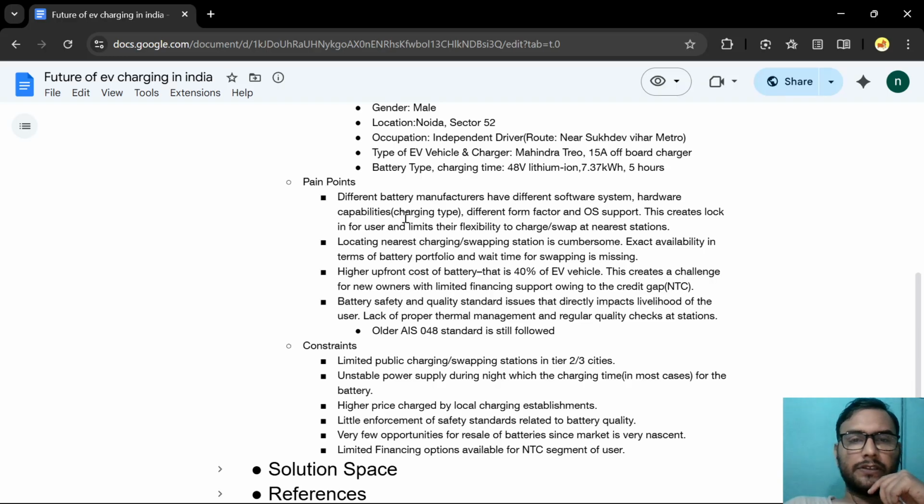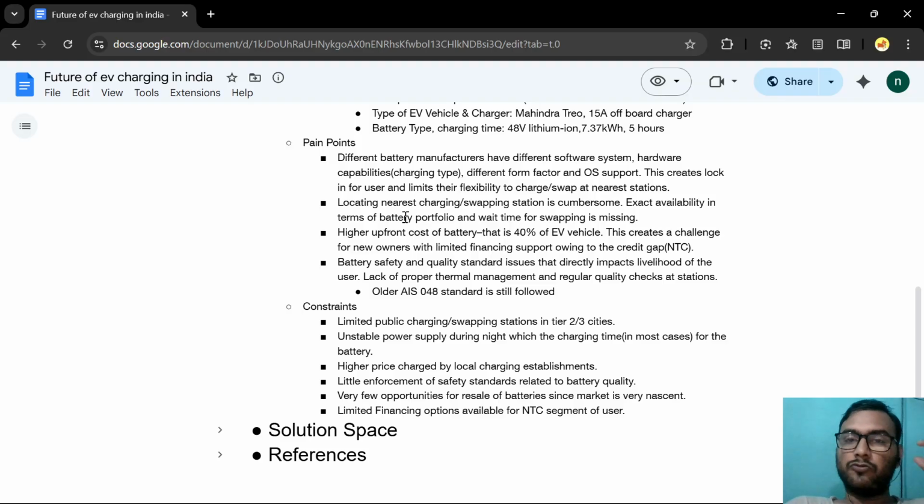So the pain point is that there are different manufacturers, since it is quite a new industry, and each of the startups that we see is trying to source elements or prepare on their own. So maybe the goal for them is to increase their customer base. They try to use something called lock-in, where you produce a certain kind of charger that works only with a certain charger type or battery type. So currently in the market there are different manufacturers with different software and hardware systems. This is very limiting from the user's point of view.